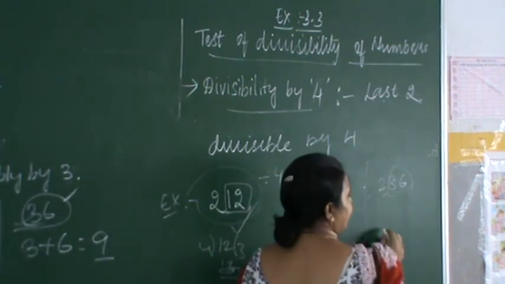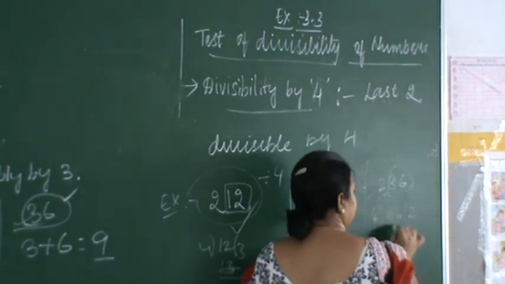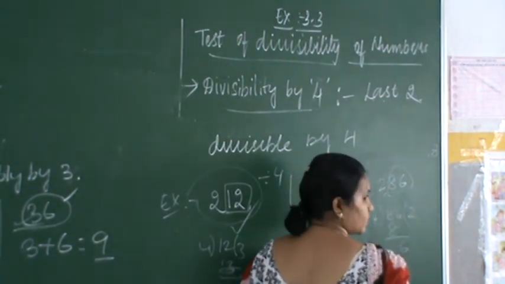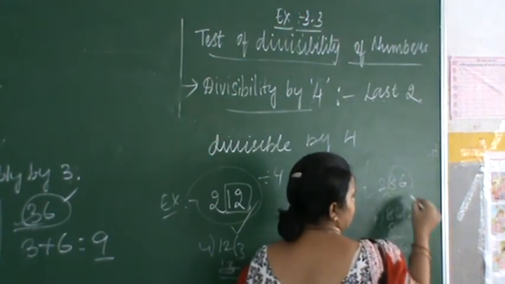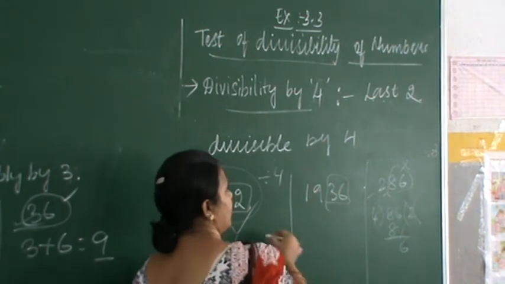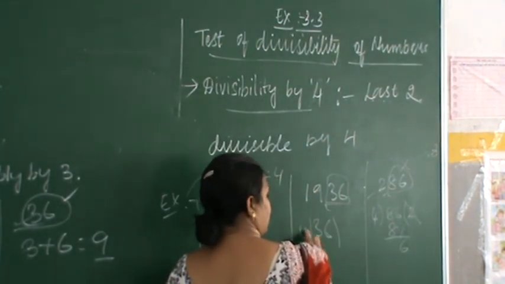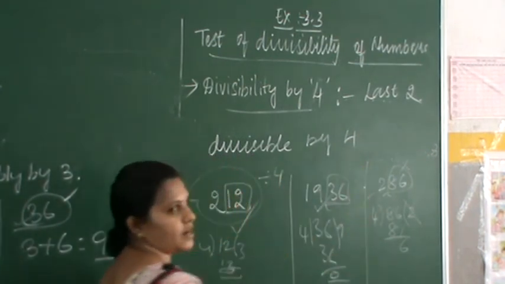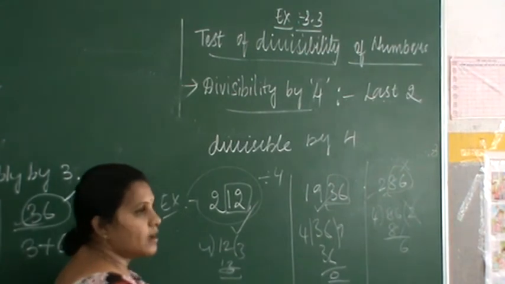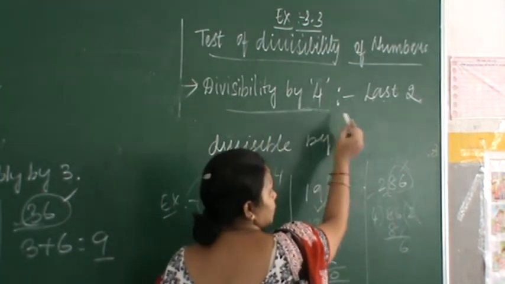Now we see 486. Is 86 divisible by 4, children? Is it divisible by 4? No. So 486 is not divisible by 4. Now check 1936. The last 2 digits are 36. Yes, 4 nines are 36. So yes, 1936 is divisible by 4. If you want to check a number for divisibility by 4, you have to check whether the last